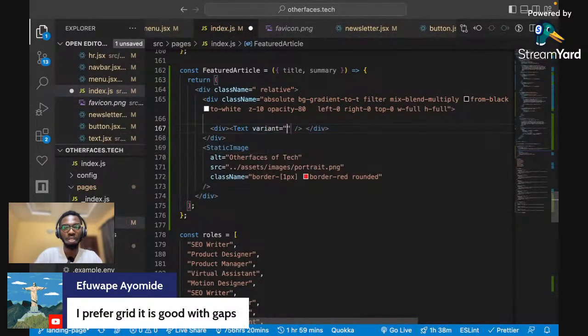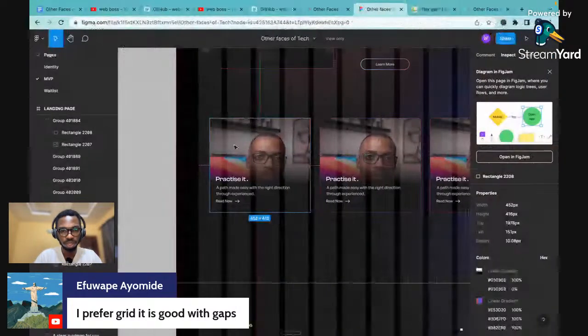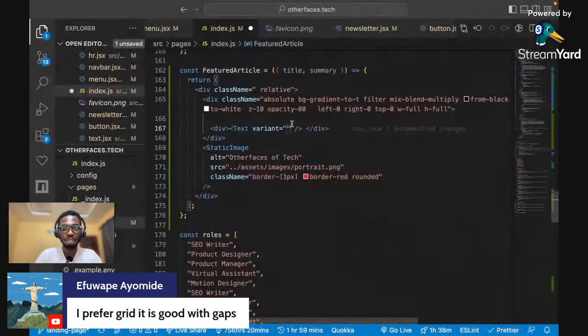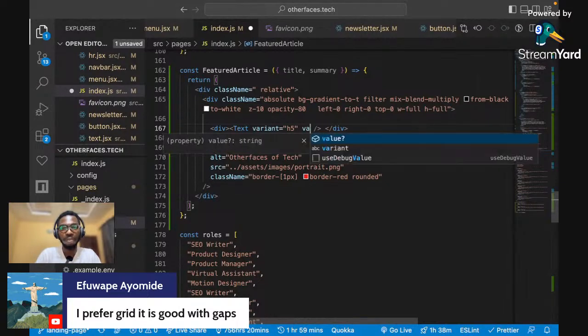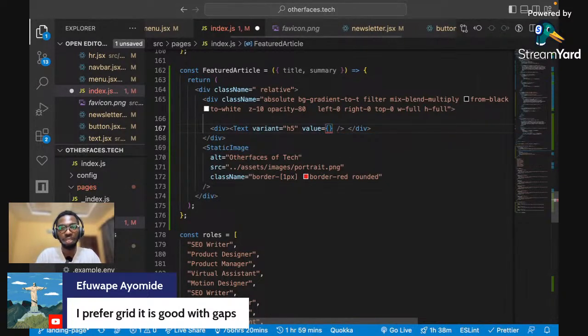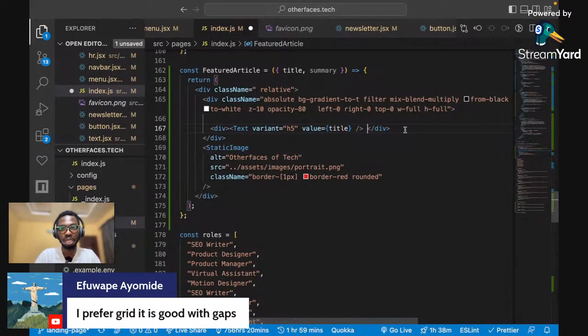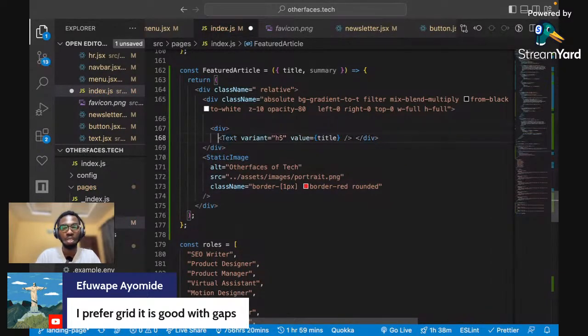Variant equals, let me see what the size of this guy is. This should be like an H3 or H4 or an H5. So I'm just going to do H4 for now, or H5. Let's just do H5 for now. Then the value, of course, will be title. What else do we need to add in here? I think that's all for now. Then